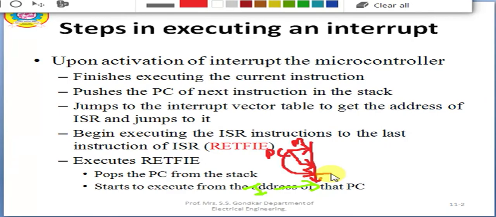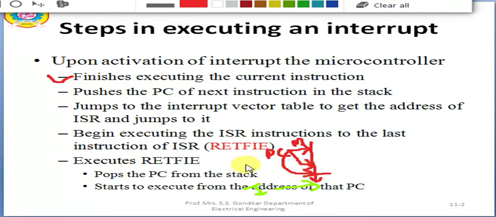So the processor will not leave that task in between. The processor has to complete the task which is currently being executed. That is indicated by this first step, that is, finishes the current instruction's execution. Now the interrupt has occurred here. After completion of this instruction, it will concentrate on the interrupt.